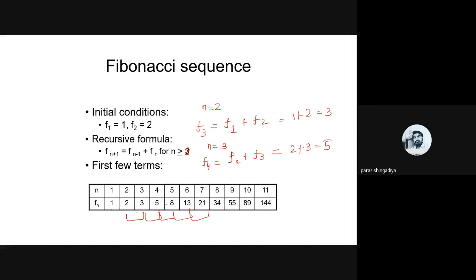Okay, so these are the values of the Fibonacci sequence: 1, 2, 3, 5, 8, 13, 21, 34 and so on. There is a value we have, but we can convert it to a formula form, and by using the formula we can predict the value. That formula is called the recurrence formula, that is F(n+1) is equal to F(n-1) plus F(n). That is the third example of a Fibonacci sequence, and we can also create a recurrence formula.